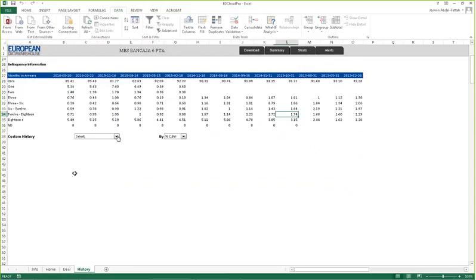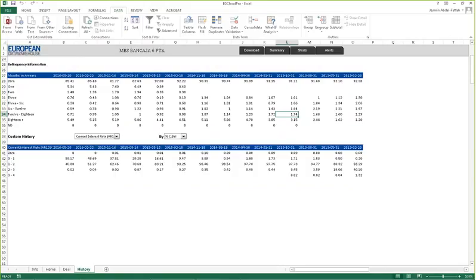And we also have the custom history, so you can view the history for any field of your choice. For example, if you want the current property type or current interest rate, you can immediately see the transaction